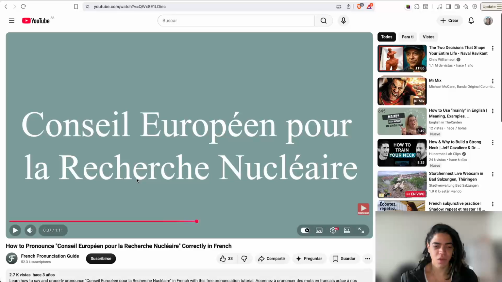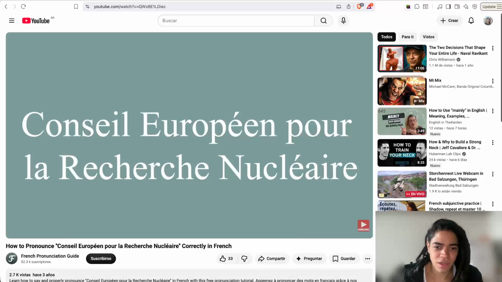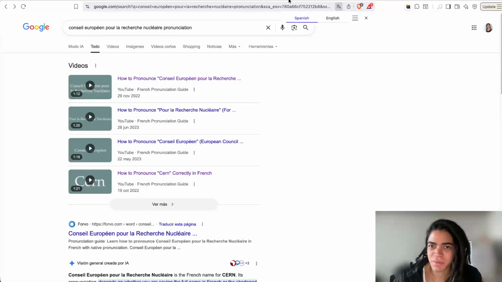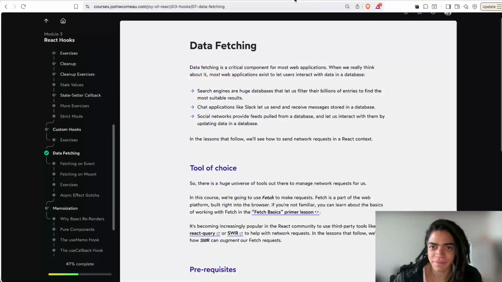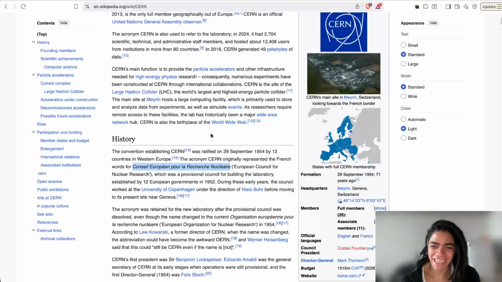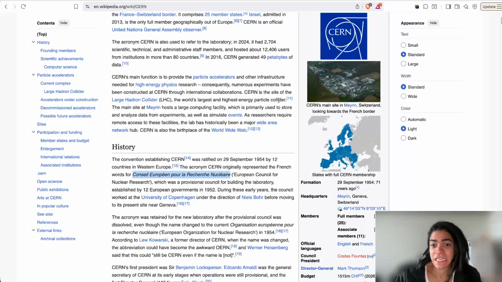Okay, so Conseil Européen pour la Recherche Nucléaire. That's what this CERN means at the end of the day. Interesting. Got it. All right. So this is the CERN, and this was developed by this nuclear research organization. It's interesting that this is being called the Recherche Nucléaire, because at the end of the day,